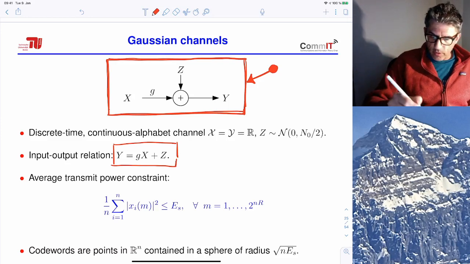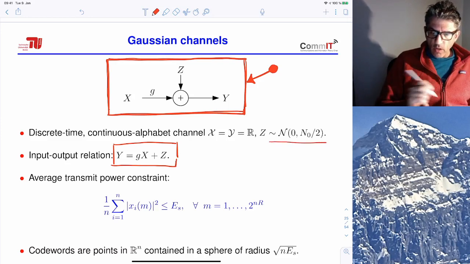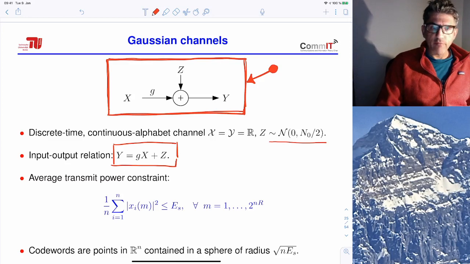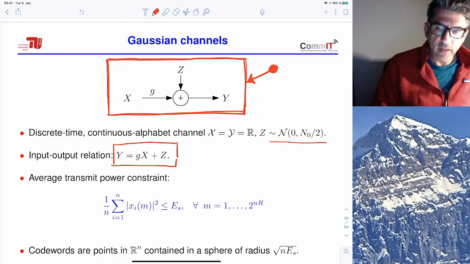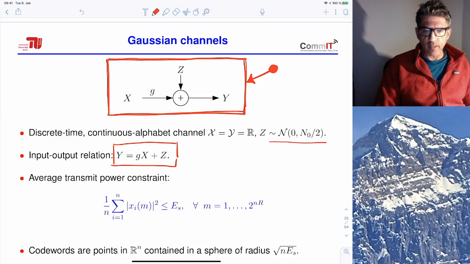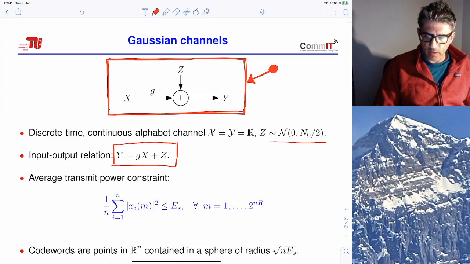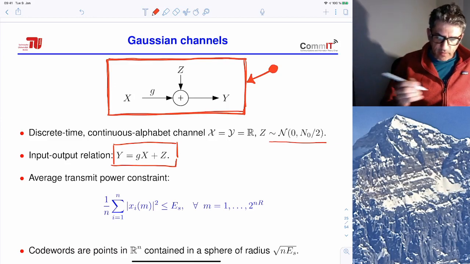Z is Gaussian noise. We use this symbol N0 over 2. In communication theory, N0 over 2 is used as the noise power spectral density for continuous time channel models. This is discrete time, so